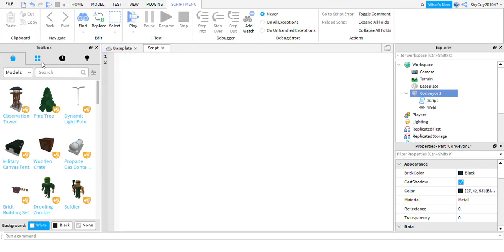You can delete that thing, and you need to type: while true do, script.Parent.Velocity =